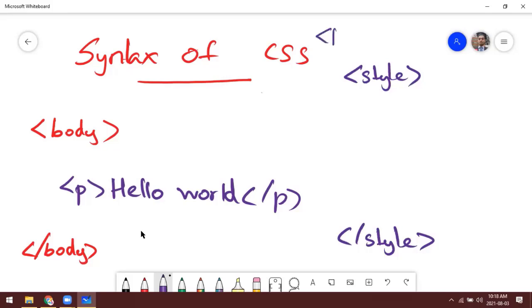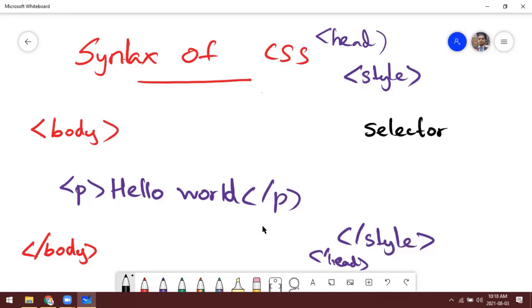We are going to use this inside the head tag, right? So in this case, this is the syntax, right? Selector, then you can put the curly bracket like this.